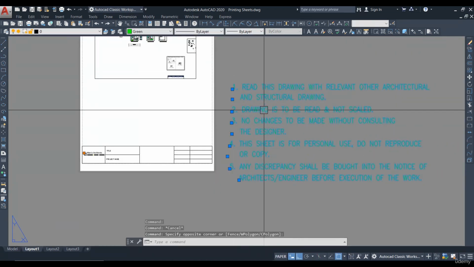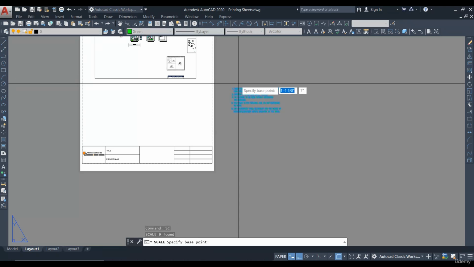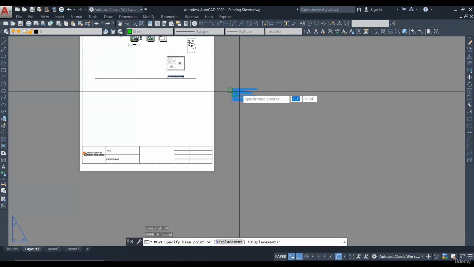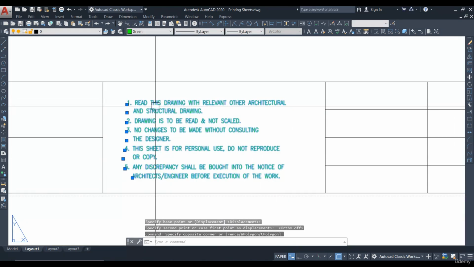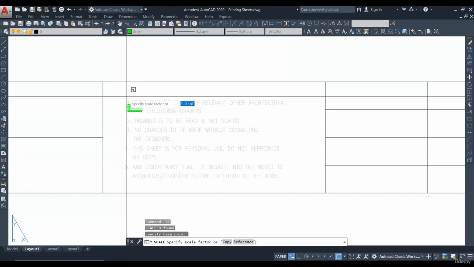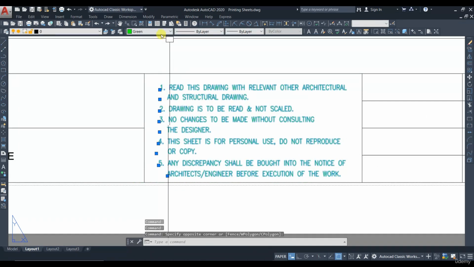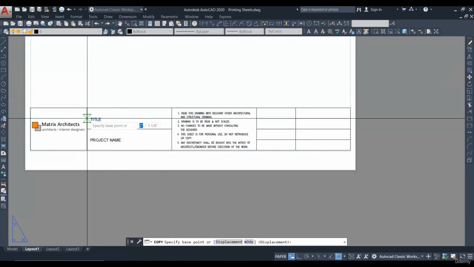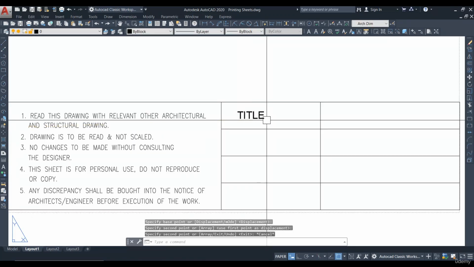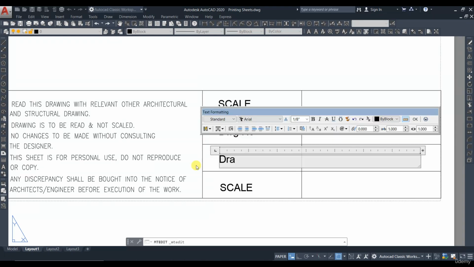This scale we can reduce. Scale command 0.25. Scale command again 0.5. Move and see whether it is fitting in this. Yes, it is okay. We can increase a little bit. I'm just increasing the scale to 1.1 or 1.2. This text color we can change to black. The same thing we can copy over here and then paste it. Scale, drawing number, drawn by,